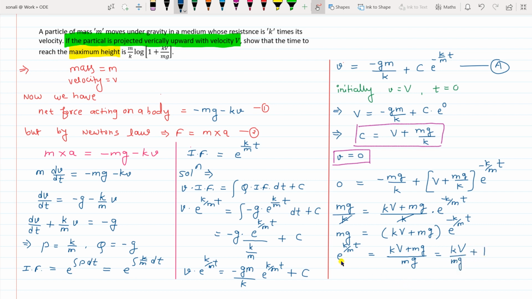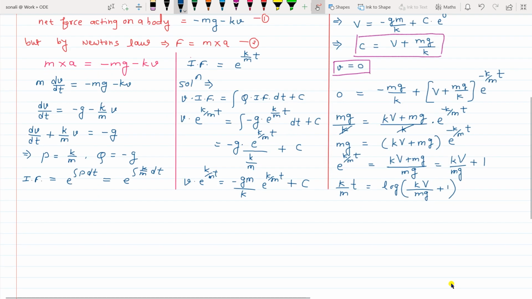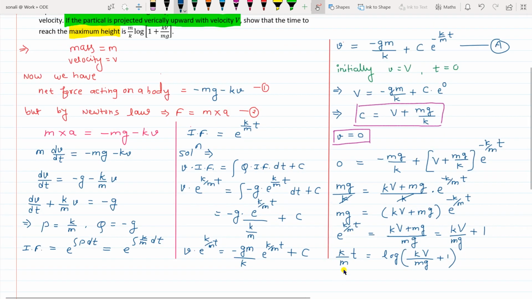Now I want to remove this exponential. So if we take log on both sides, the exponential will get removed. k by m into t is equal to log of kV upon mg plus 1. And definitely, if I shift the term k by m to the right side, we get t is equal to m upon k log